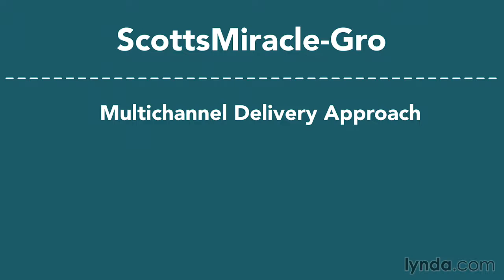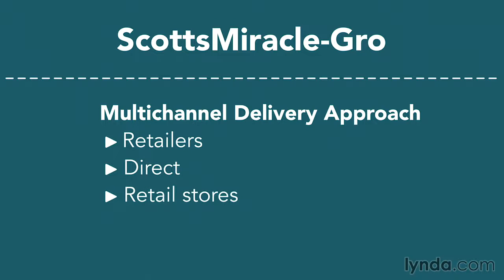For some of their products, their delivery strategy is through retailers. They sell their products at large retailers, and those consumer packaged goods are picked up by consumers in the store. Another one of their businesses is direct to consumer. So the consumer goes to the website, they order, and then it's shipped directly to them. In one case, Scott's owned some retail stores. So they own the channel that they were selling product through, as well as the location where customers were coming to get that product. And one of the businesses they had was a service business, and that service needed to be delivered at the customer's location because it was a service for their lawn.